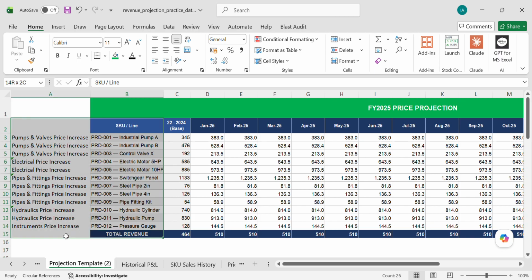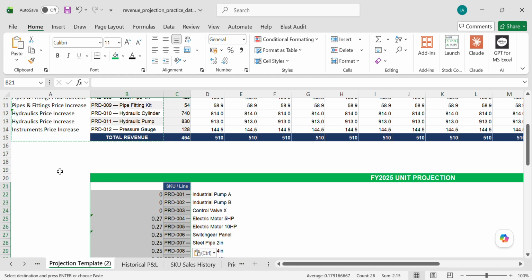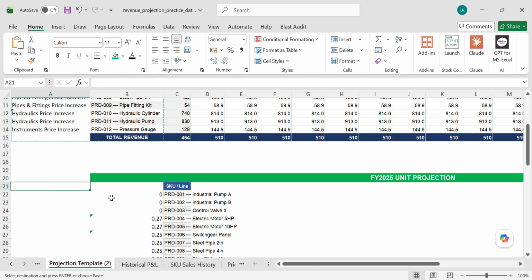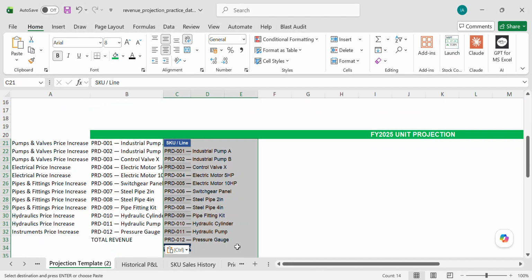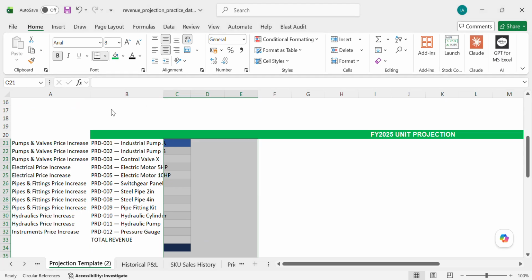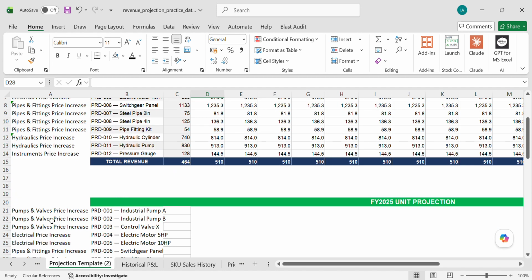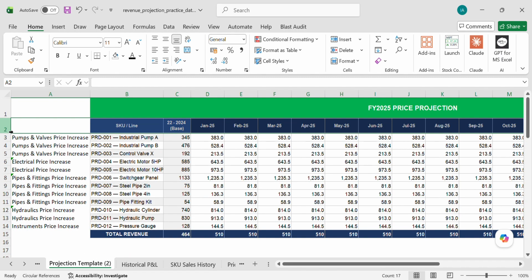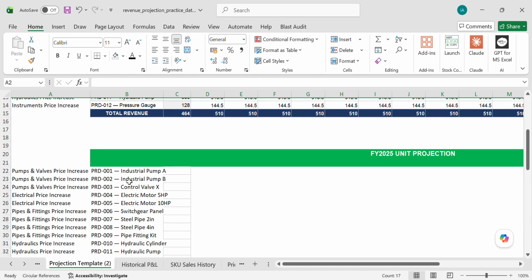We're still going to maintain the same as what we have here. So let me bring this one, create a line here, and bring this from here too. So everything looks